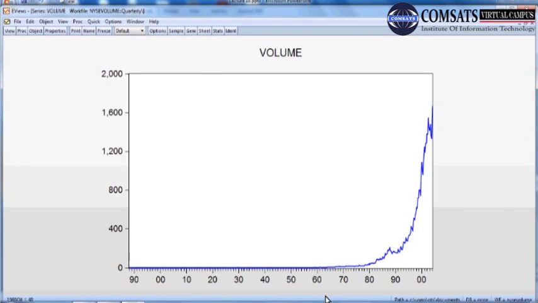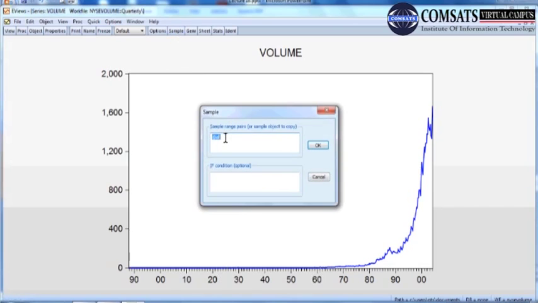You see, this is how the shape of the graph is changed. If I resize this sample again, suppose I want to see the picture of only 3 years, even within the quarter I can select any quarter.